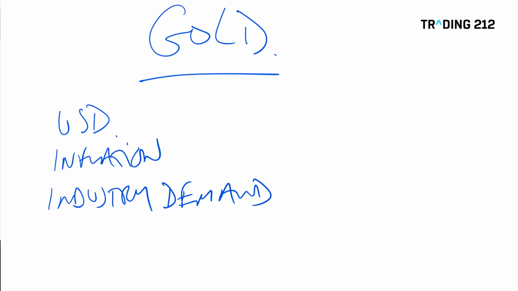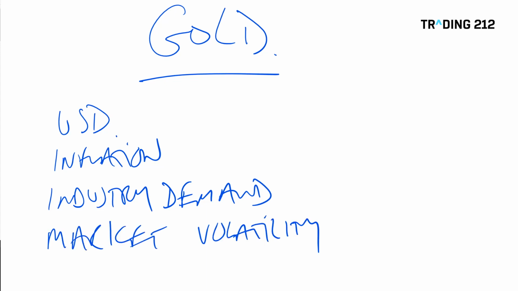Gold's most popular use of the actual physical metal is to be used as jewellery, but it's also used in electronic devices, cell phones, PCs. It's used in the aerospace industry. One of its uses there is as a lubricant. So these are maybe lower tier uses of gold, but this sort of thing can occasionally have something of an impact.